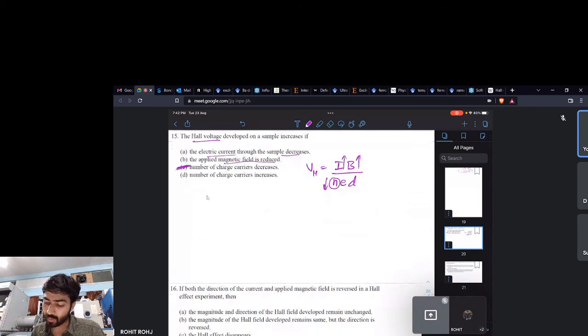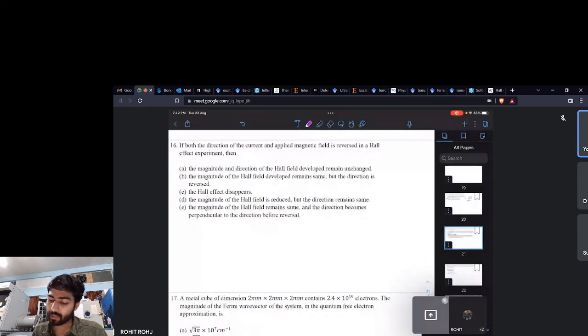And the next question can again be done by a simple diagram. If both the direction of current and applied magnetic field are reversed in a Hall effect experiment, then we have, now this can be found out from Fleming's left hand rule. Suppose we have a situation like this and the magnetic field is going in this direction, we have applied the current in this direction, and using Fleming's left hand rule we'll find that electrons will feel